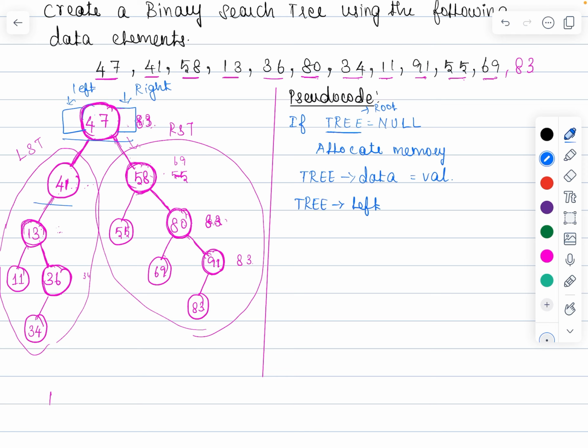Since 47 was the very first node I have inserted into the binary tree, after inserting this 47 there was no left child node and right child node, so initially this would have null. If my node is the very first node, after inserting the first node the left field and right field would be null. So set tree left and tree right equal to null if the value which you want to insert is going to be the very first node, else